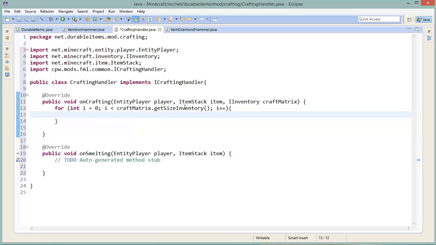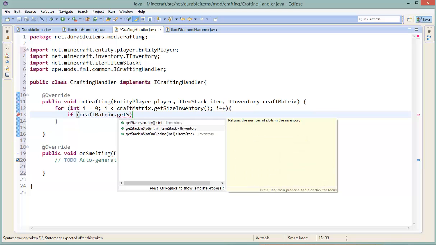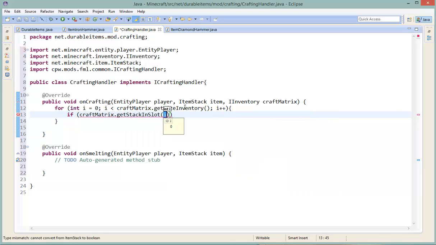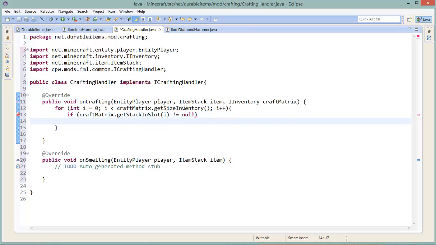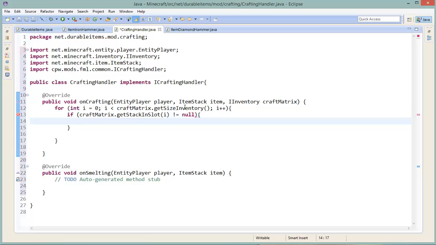And so let's say if craft matrix dot get stack in slot i does not equal null, so if there's an item,